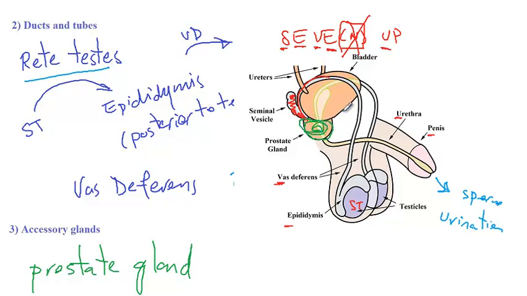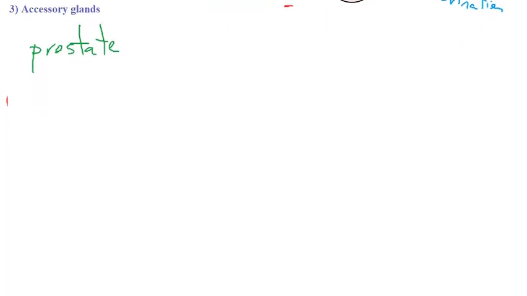And that's the reason that patients who have prostate gland hyperplasia, or benign prostatic hyperplasia, the other name for it, which is when the prostate enlarges, complain of difficulty urinating. You can see the reason is that the prostate gland is encircling the beginning of the urethra, so if the prostate gland enlarges, there would be difficulty with urination. All right, so going back to the prostate gland, it accounts for about 20 to 30% of the volume of semen,